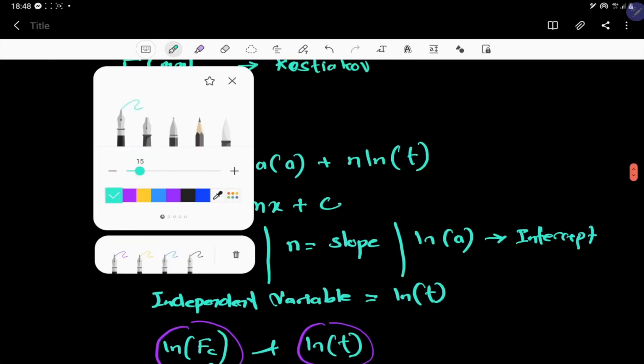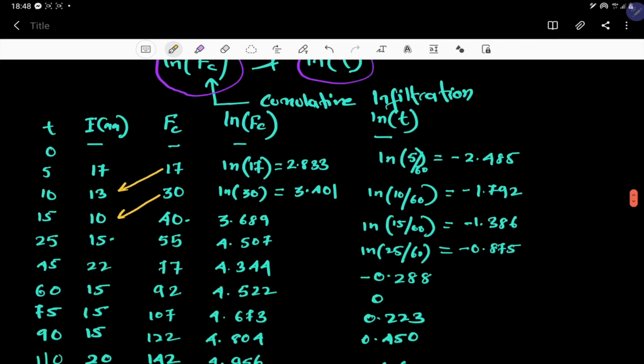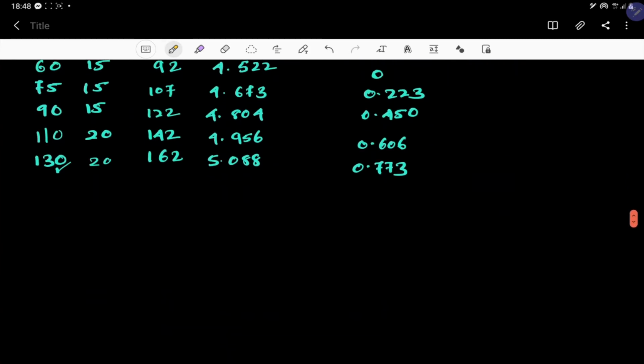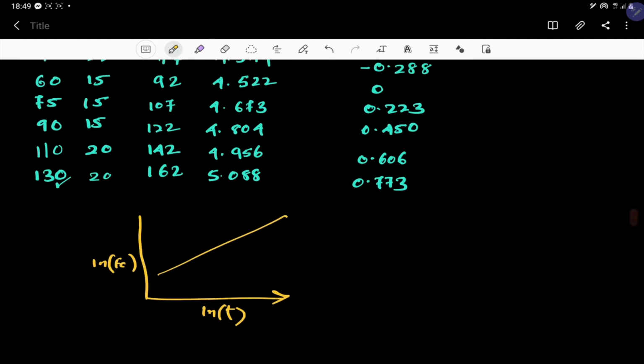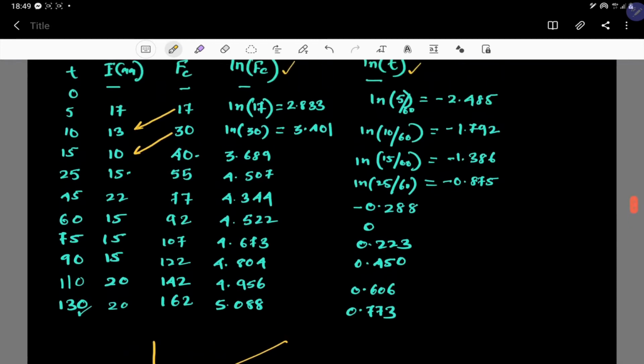So what I said is this is in the form of a straight line. If I plot ln of fc versus ln of t, I should be getting a straight line with a positive slope. And that's it. So the value that we have to note from this tabulation is